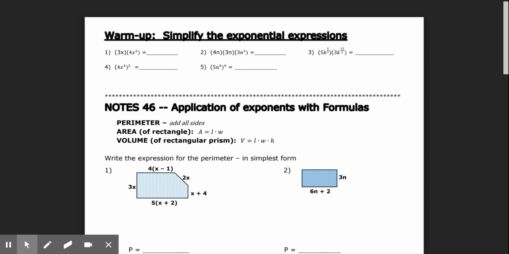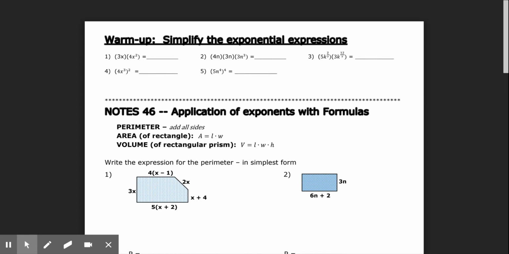First of all, with the warm-up, we're going to simplify the exponential expressions. So first of all, number 1, we're going to multiply 3 times 4 and get 12. 12x, and then you add your exponents. Don't forget this 1. 1 plus 2 is 3. Number 2,